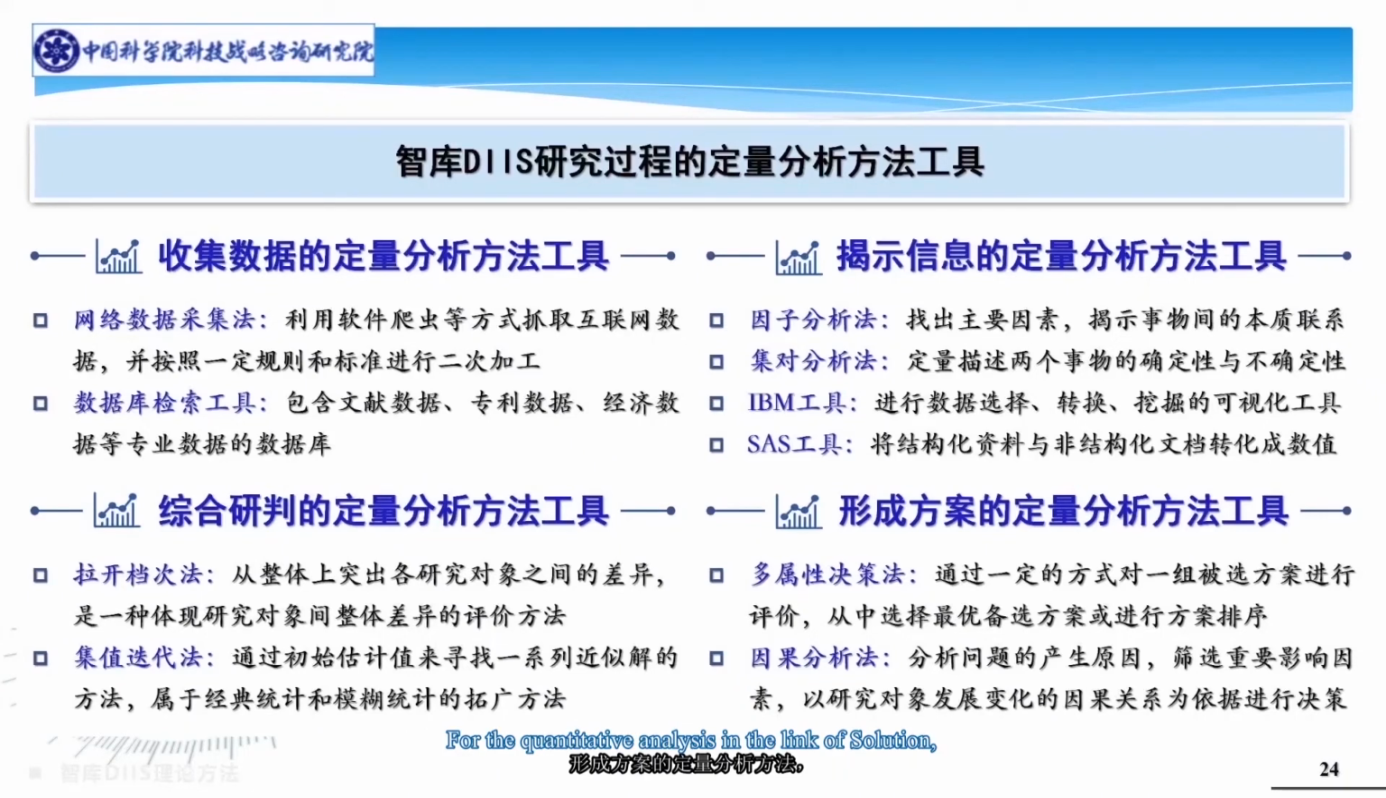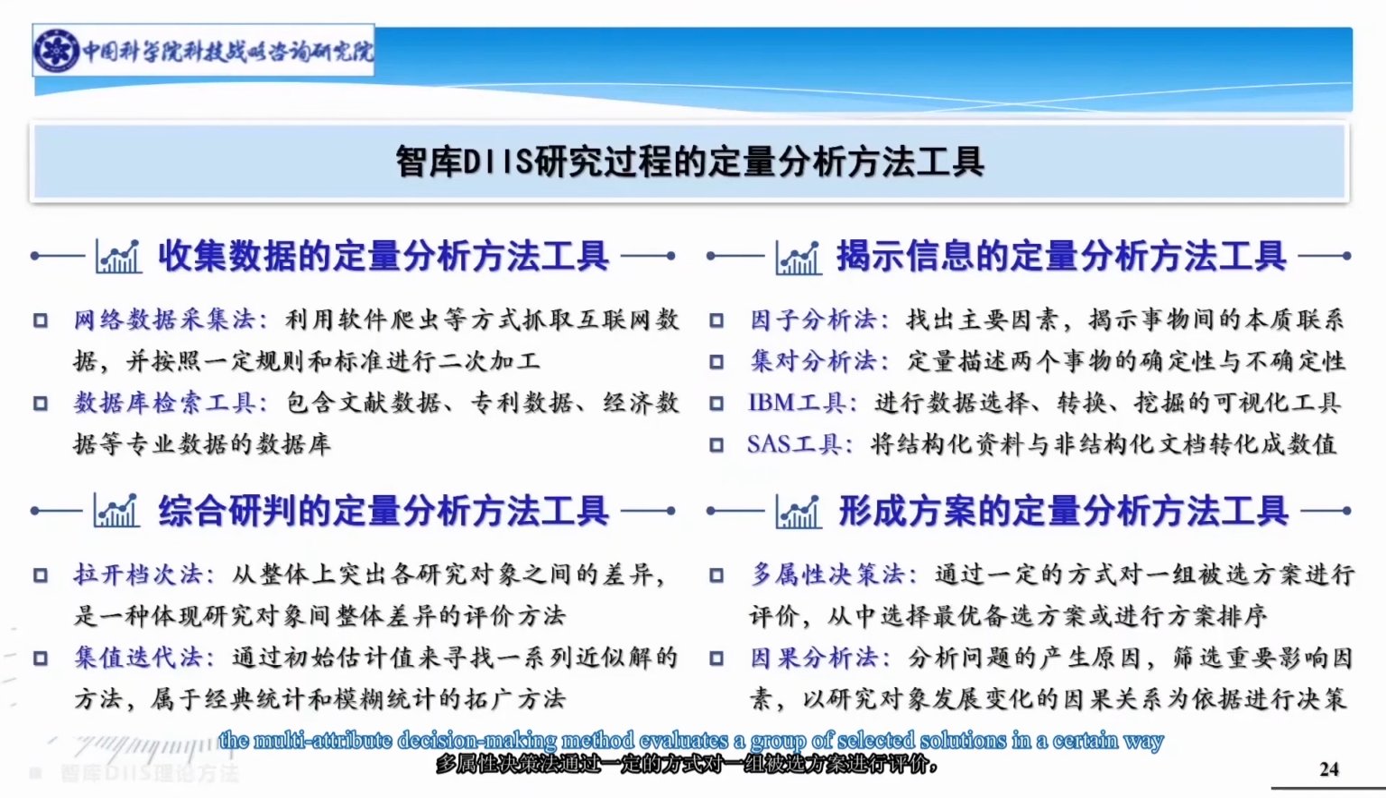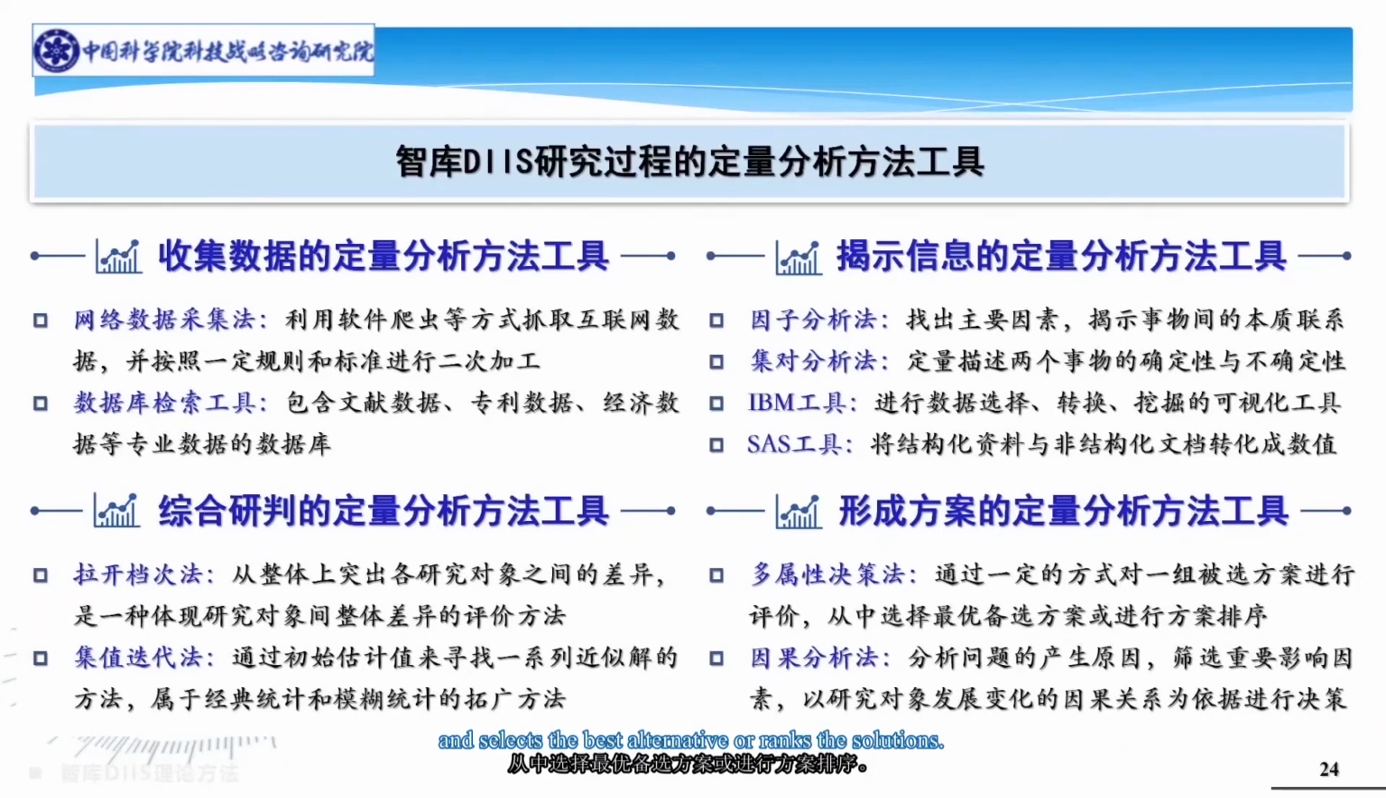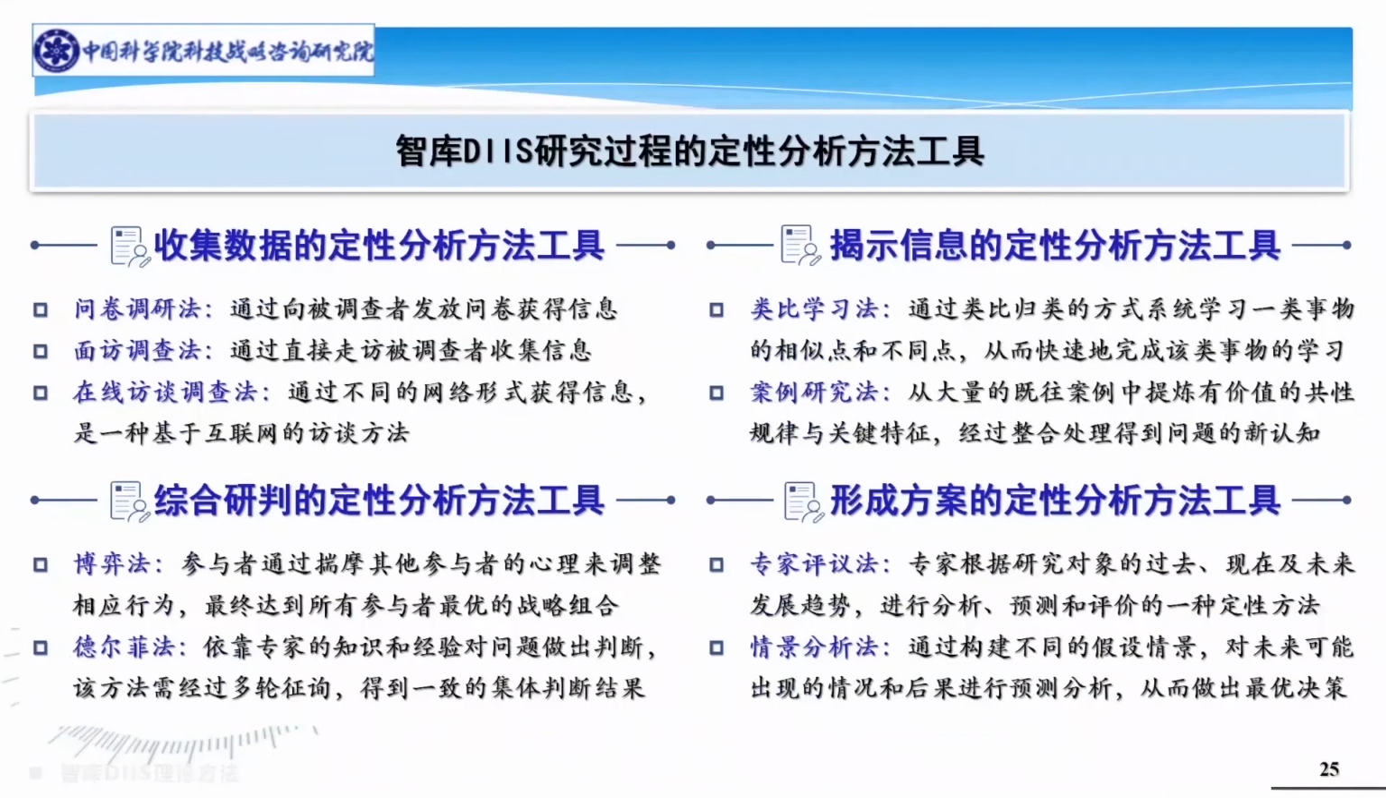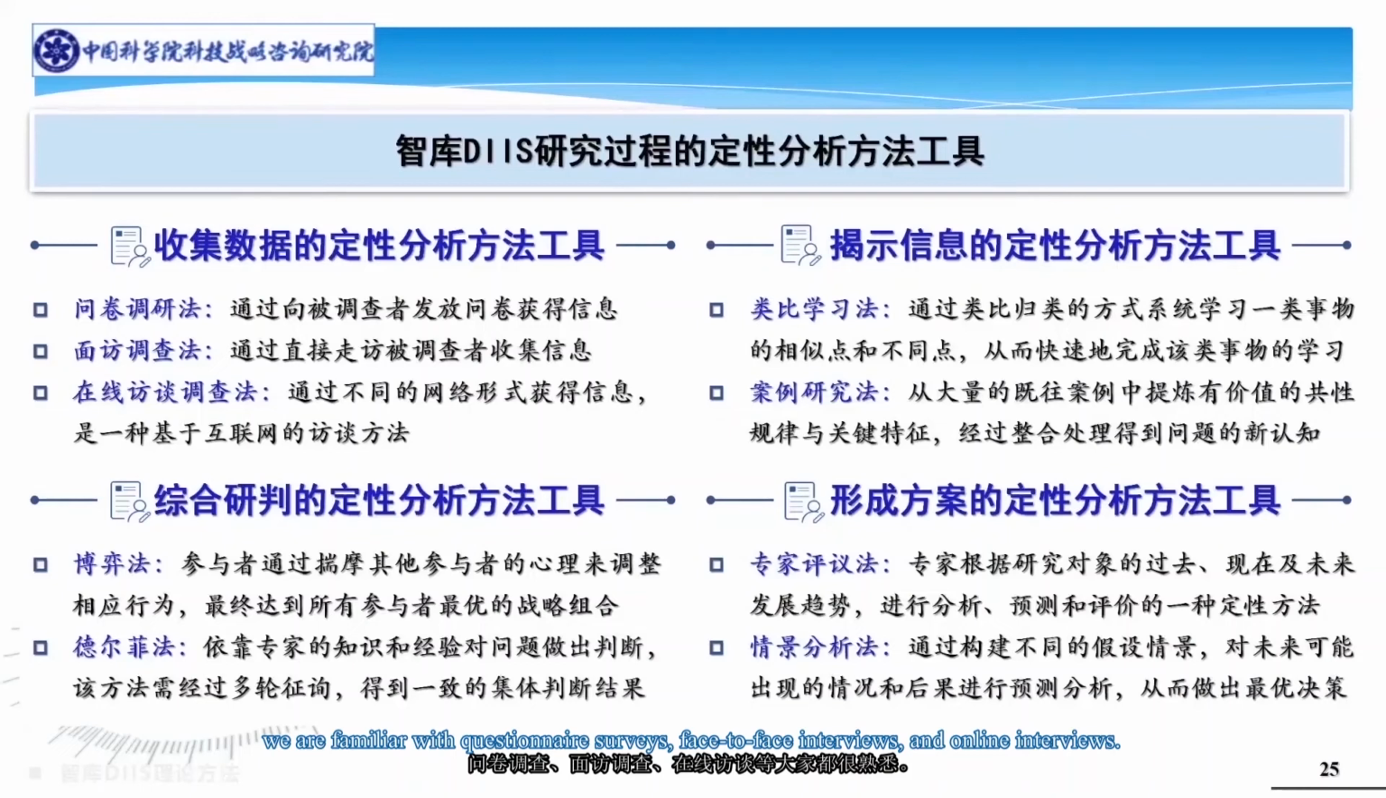For the quantitative analysis in the link of solution, the multi-attribute decision-making method evaluates a group of selected solutions in a certain way, and selects the best alternative or ranks the solutions. The causal analysis finds the cause of problem, screens out important factors, and makes decisions according to the causal relationship of changes of research objects. For the qualitative analysis of data, we are familiar with questionnaire surveys, face-to-face interviews, and online interviews. In the qualitative analysis method of information,